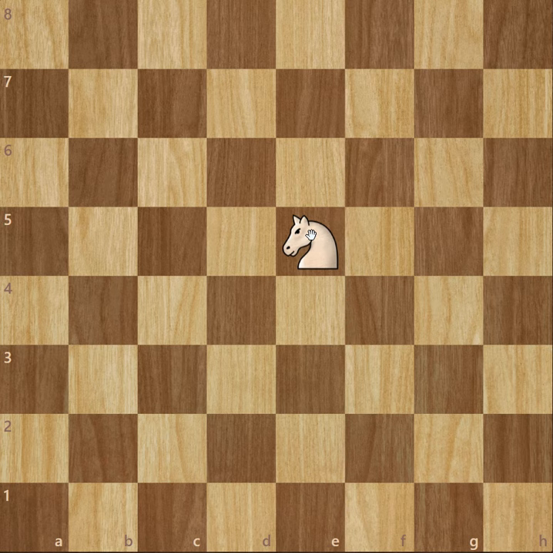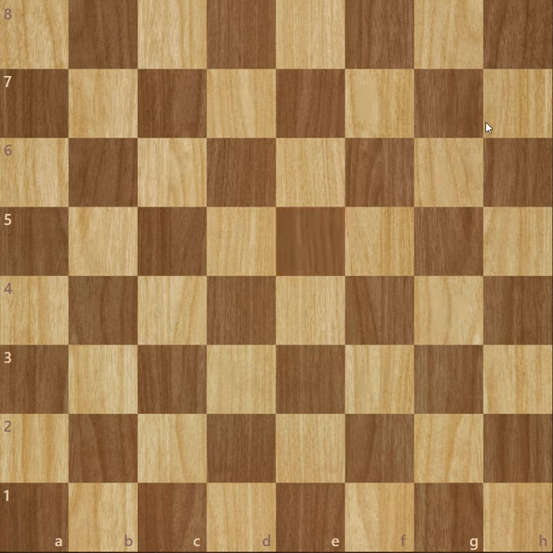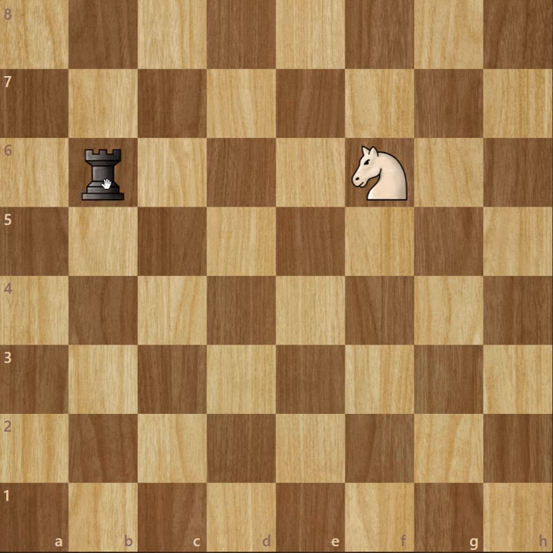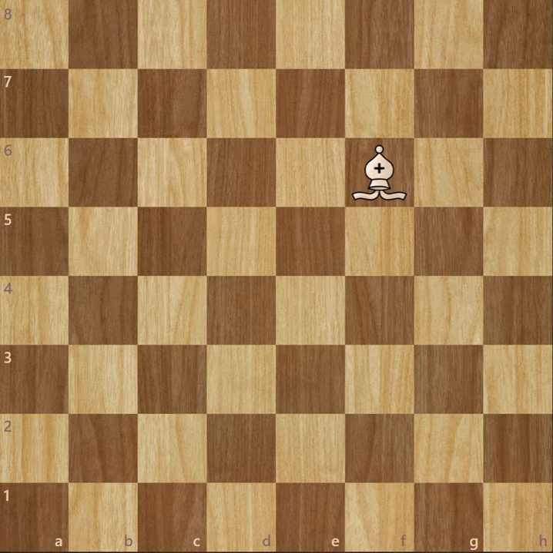So every single piece that I taught you, how they move, they capture in the same way. Like the knight I just showed you. If there's a knight here and an opponent rook here, it just takes it simply. Similarly, if there's a rook here, it just takes it simply. So it's the same for every single piece I showed you, except for the pawn.